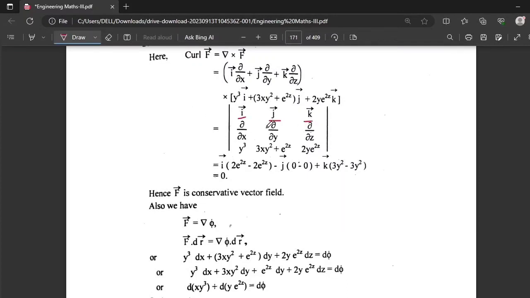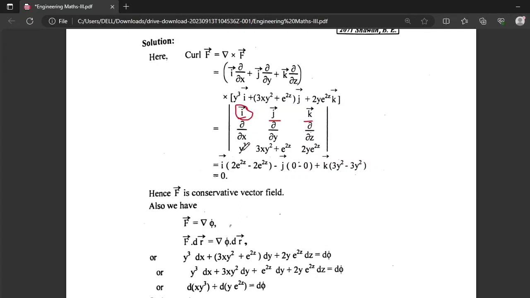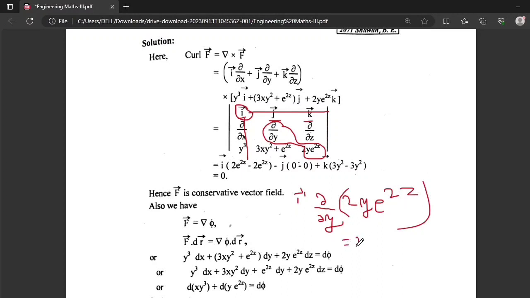i, j, k. So first we need to take this first row and first column element, that is i vector, and cancel the first column and first row, and remaining is del by del y of 2y e to z, that is, i vector del by del y of 2y e to z. 2 is constant, so taking out this, and partial derivative with respect to y, so the z term will be constant, and del y by del y is 1, so it is 2e to z